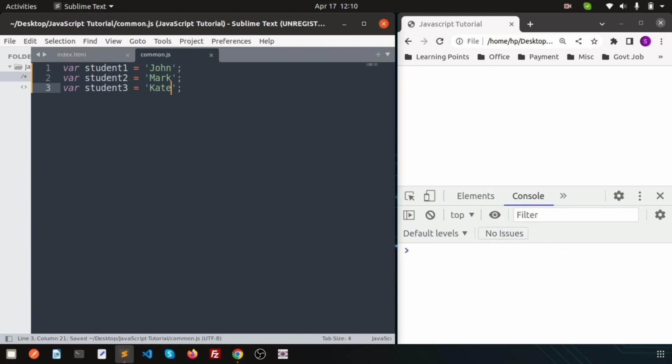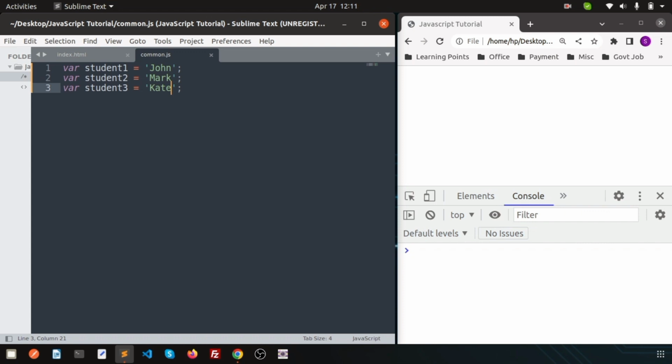Kate, okay? So in this way, if you have hundreds of students or more than 100 students, will I create these 100 types of variables or hundreds of variables with different names? So actually it is not possible. In real life it doesn't happen. Actually we will create a common variable, like an array type of variable, and inside that variable we can store multiple